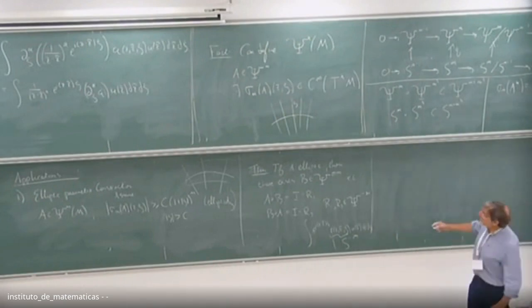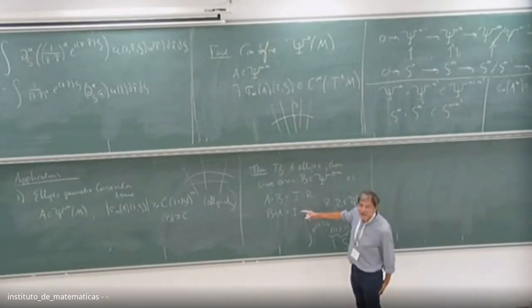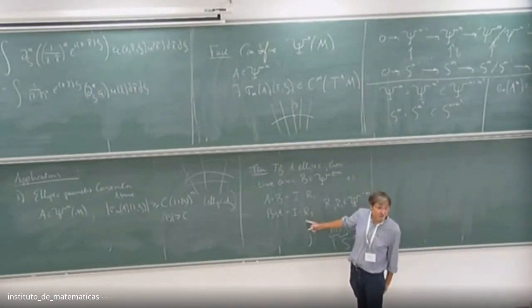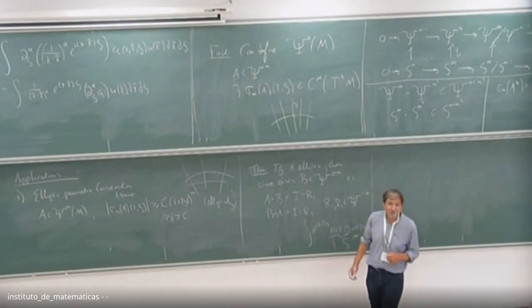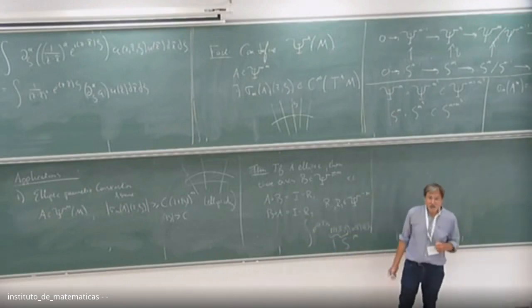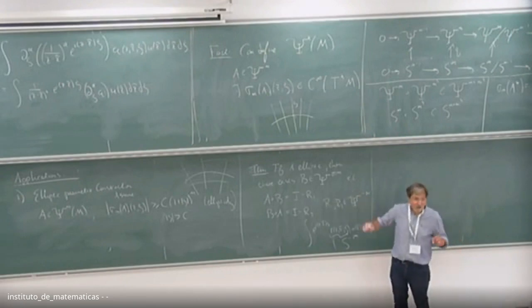Okay. So what I've done here is I've said that if I have an elliptic operator, then I've inverted it up to smoothing operators. You should think of this as being morally invertible, or invertible in a functional analytic sense. So it may not actually be invertible, but it's pretty darn close.